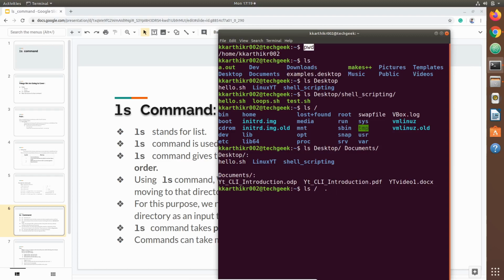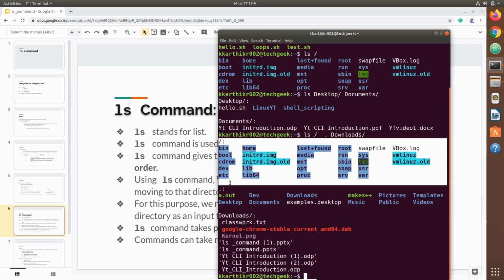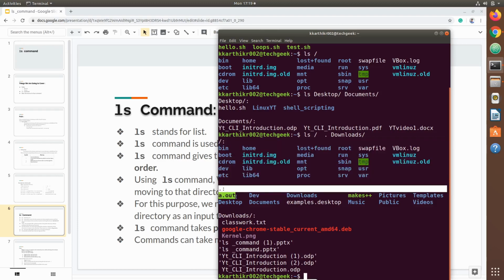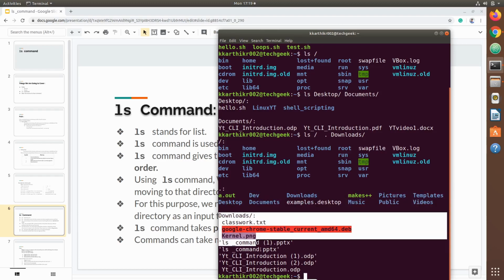Then the path to Downloads. See, it has given the contents of the root directory, the contents of the home directory, and the contents of Downloads.